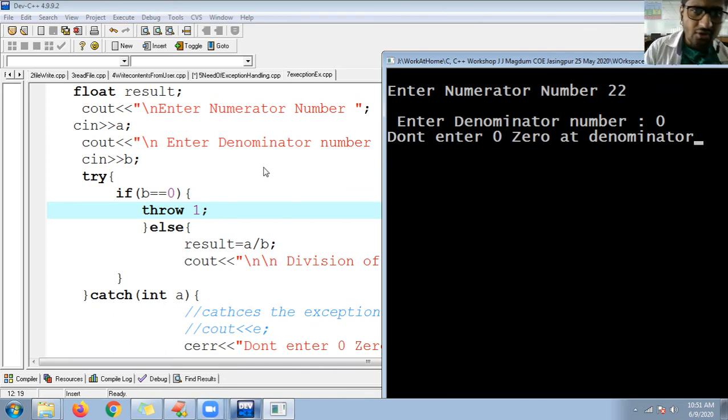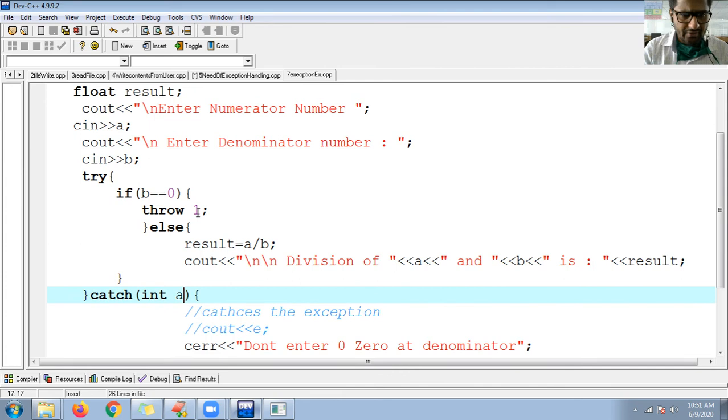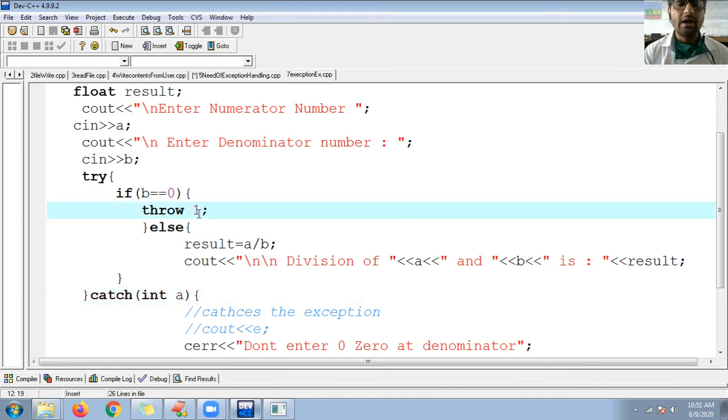Last time the problem was it was not able to match that catch block. So if the catch block is not matched after throwing, if you have not handled the exceptions using catch, you have not thrown the exception to the appropriate catch block, the catch block is not matching and it was stopping your program abnormally. Okay, understood guys?